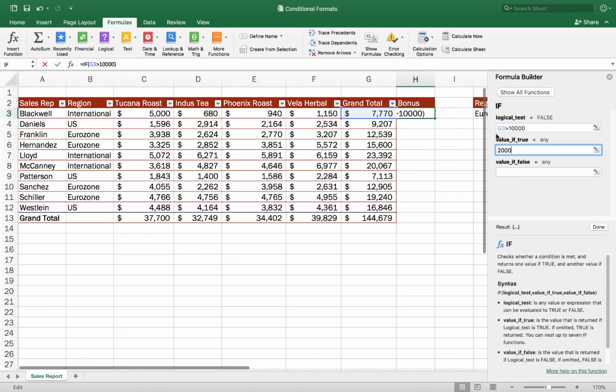Okay, so I do this test. If the test is true, do this value of true. And then if that logical test is false, then in this example, he doesn't get any bonus. So we're just going to type in 0. Okay? So check that out, you guys. I'm filling in the dialog box, but look up on the formula bar at the top there. In the formula bar at the top, it's actually building the function.